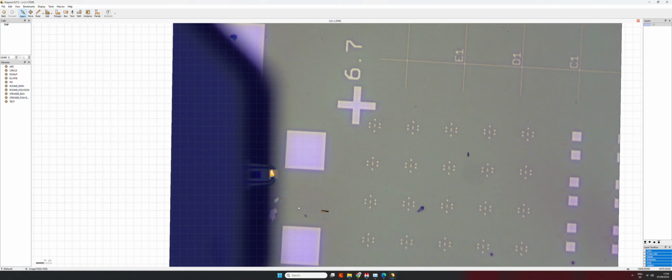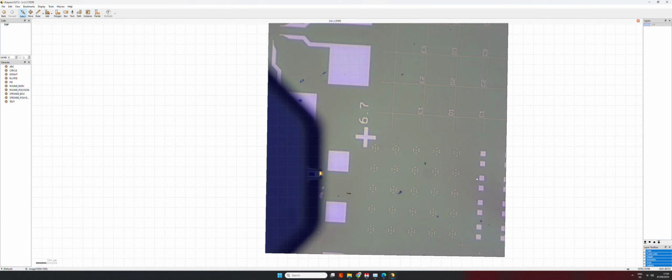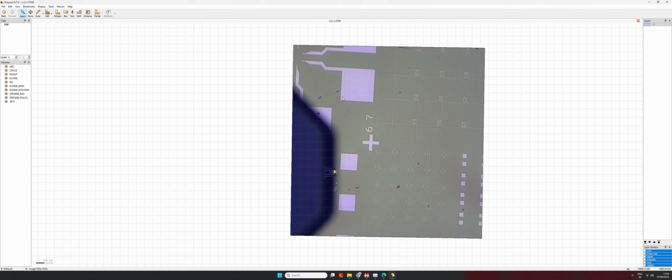Okay, so you see that now we have the view of the optical camera, and also we have the topography that we scanned, and we're using the coordinate system of the warm-up of the NanoFraser. So let's say we want to connect this flake. We can draw a polygon, for example.